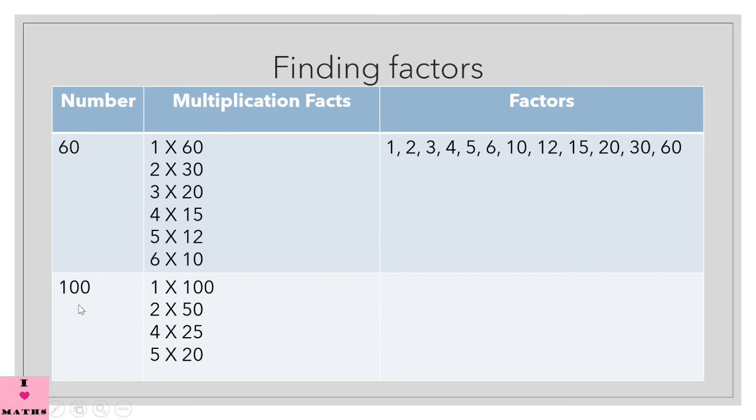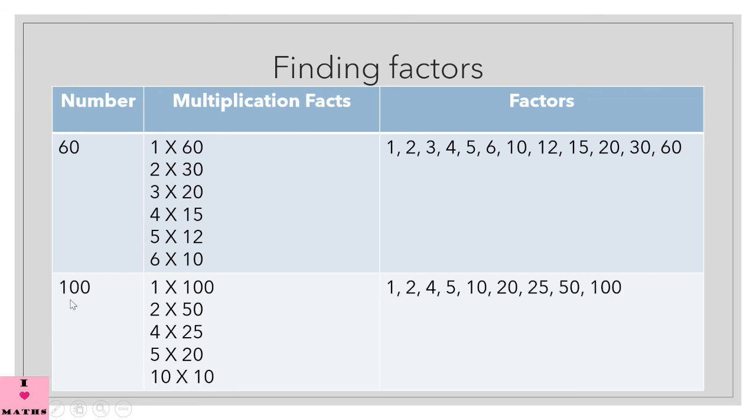Now 10. 10 tens are 100. So 100 comes in the table of 10. Now you need to find out only the numbers which lie between 10 and 10. Arey? No number lies between 10 and 10. So children, the factors of 100 are 1, 2, 4, 5, 10, 20, 25, 50 and 100.